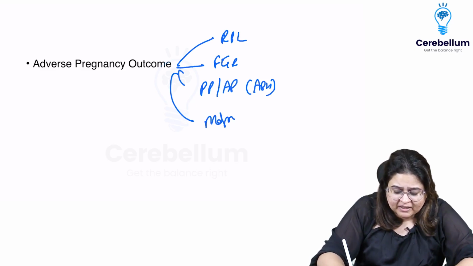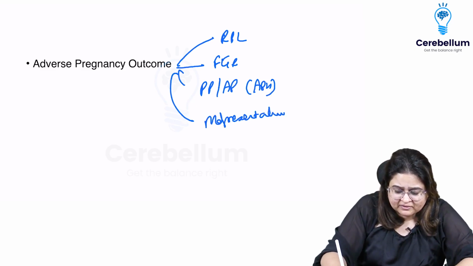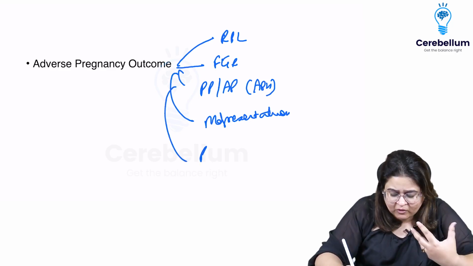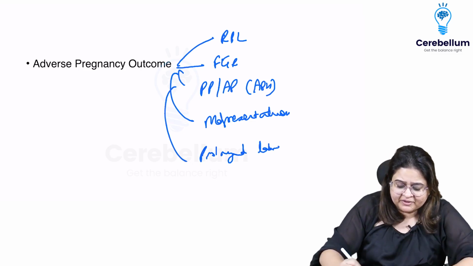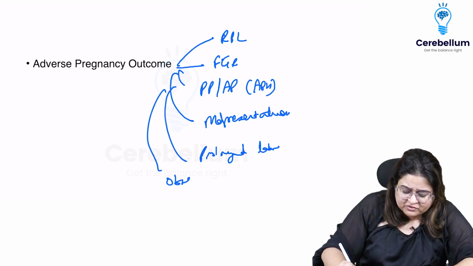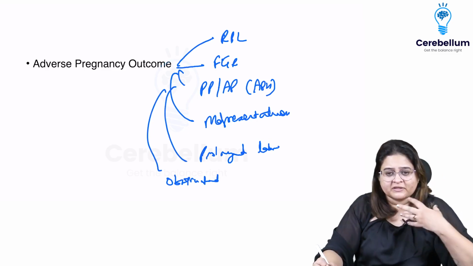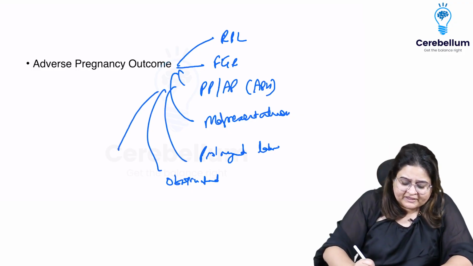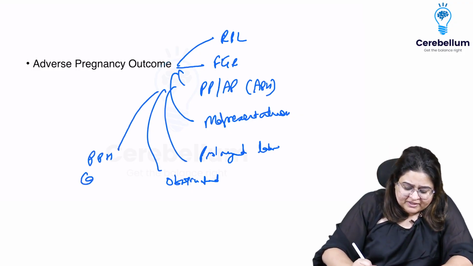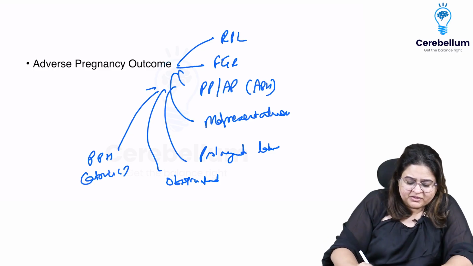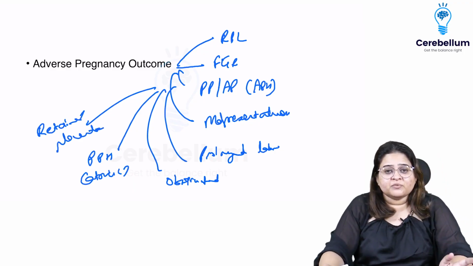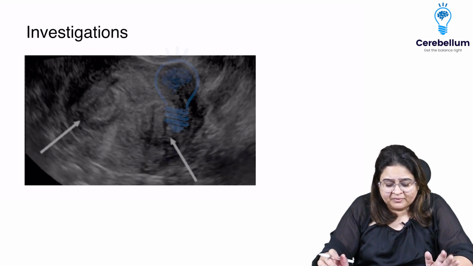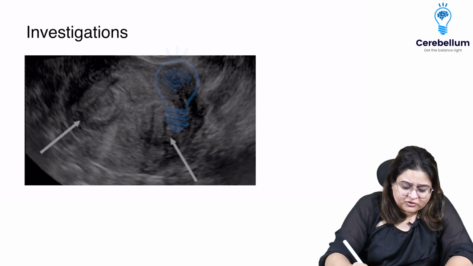It can cause malpresentations. Okay, it can cause prolonged labor or inadequate contractions during labor. It can even cause an obstructed labor if there's a large fibroid in the way of the baby coming out. It can lead to postpartum hemorrhage, especially atonic postpartum hemorrhage. It can even lead to retained placenta. So, starting from the first trimester right till puerperium, these are the problems that can happen with a fibroid in pregnancy. Investigation of choice